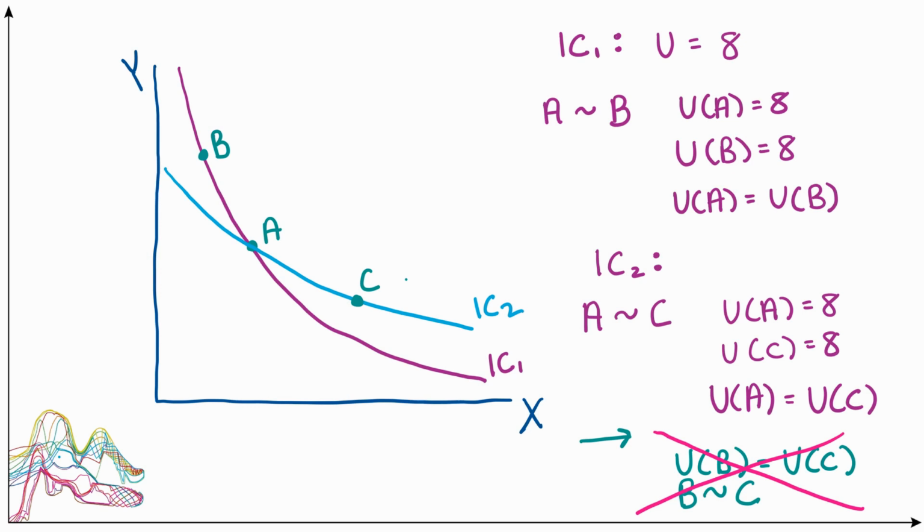The point that the viewer made was, is this really a contradiction, or could we resolve this by just saying, well, maybe the consumer is then indifferent between indifference curves themselves, meaning that they're indifferent between indifference curve 1 and indifference curve 2, or put another way, maybe it's possible that indifference curve 1 and indifference curve 2 both represent a utility level of, in this case, 8. So let's talk about that and think about why, even though that seems intuitively plausible, that in itself also doesn't